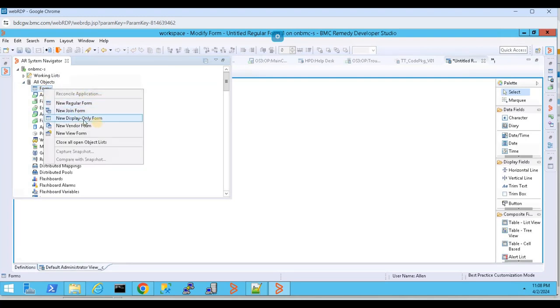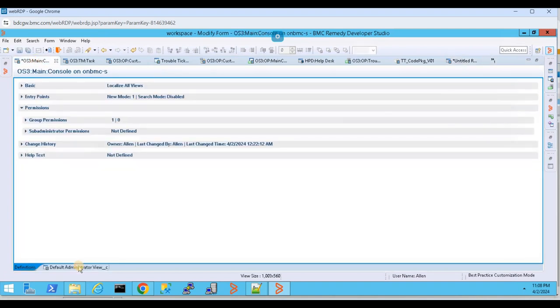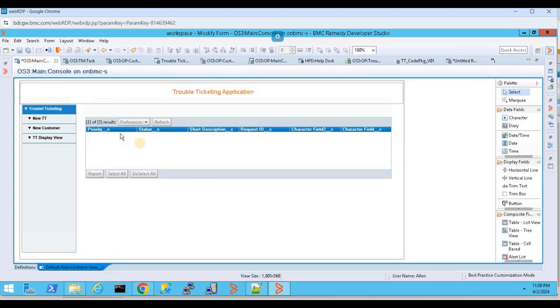Then the display only form we have already seen. Let's quickly look at the console which we created yesterday. This is a display only form. So a display only form is a form which does not store anything of its own. You cannot create any records from the display only form, but it is used to design